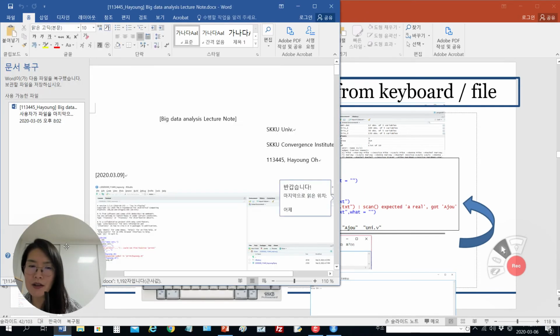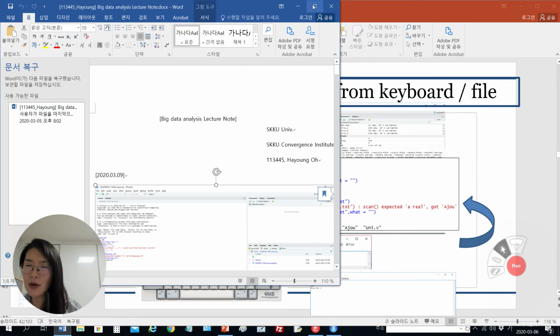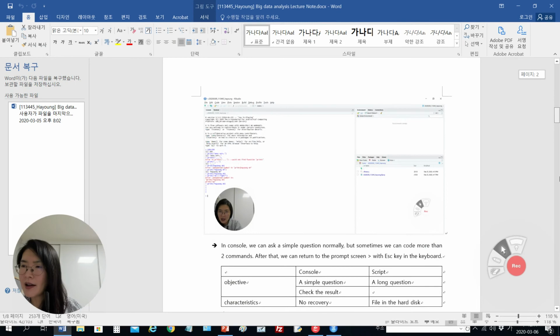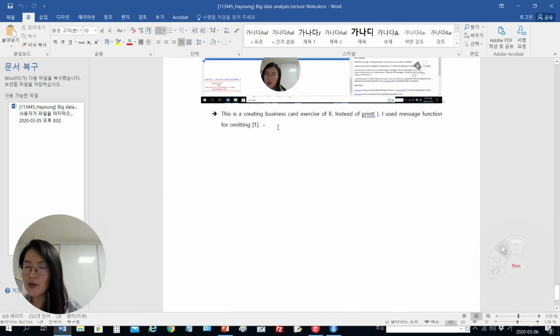Okay, so you open your portfolio file every day, and whenever you watch your video clip, you put the trace of your exercise in the same Word file. So you should put today's date